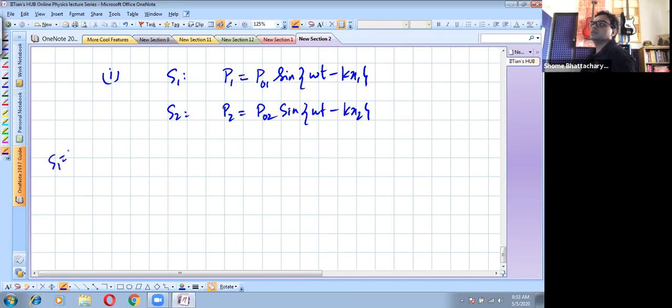S1 is some amplitude, let's say P0 into sine omega t. Then S2 is also creating sound of identical